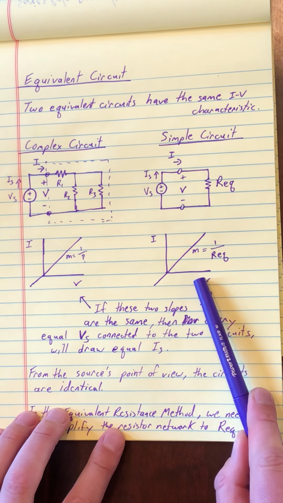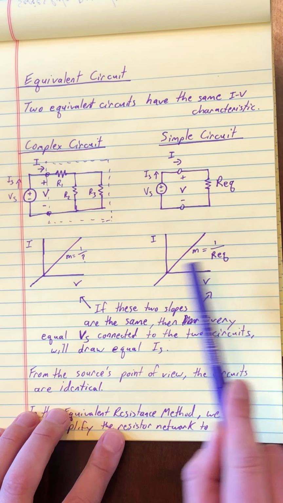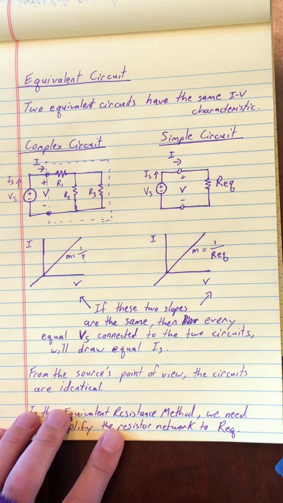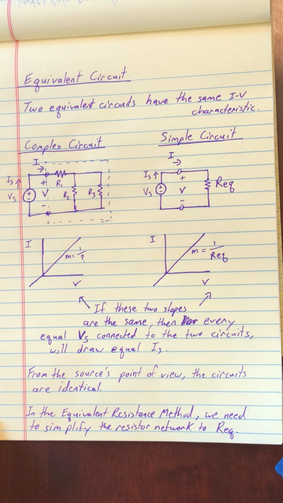And so here I've kind of shown that. Here's the IV characteristic. They're the same. So we're going to find out what that equivalent resistance is. How do we actually get that from those resistors? And that's going to be part of what we do as we move through here and look at how we